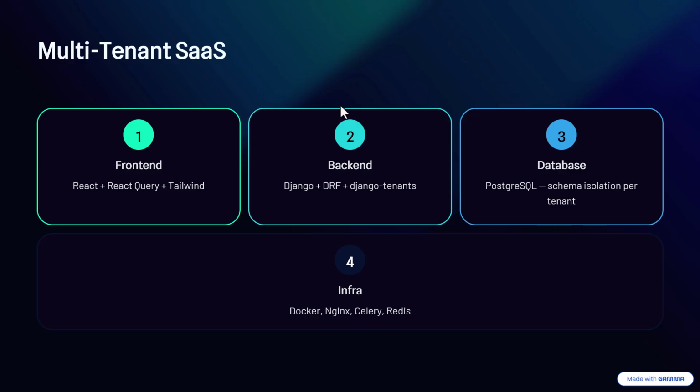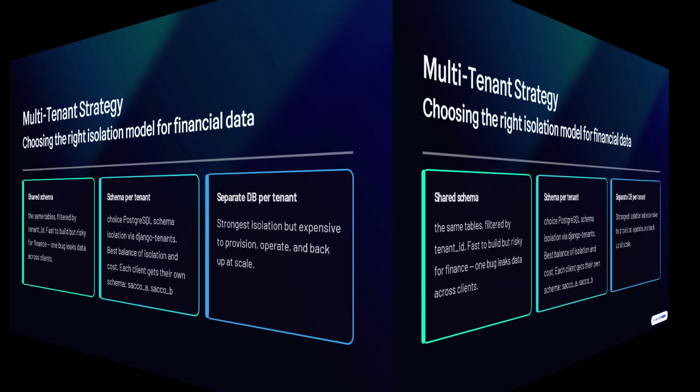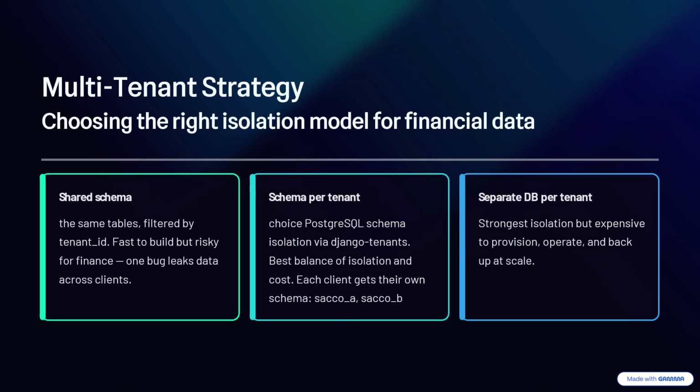And for the infrastructure, just like I mentioned, we're going to be using Docker, and Nginx for handling our static files and also for load balancing. We are going to be using Celery for the background tasks, as well as Redis as our result backend and also static file caching. And now before we can jump straight into the system design, let's talk about some of the strategies